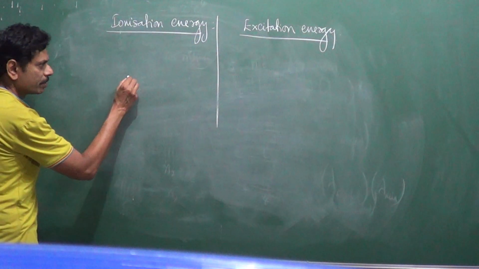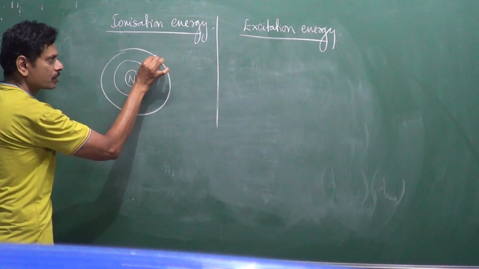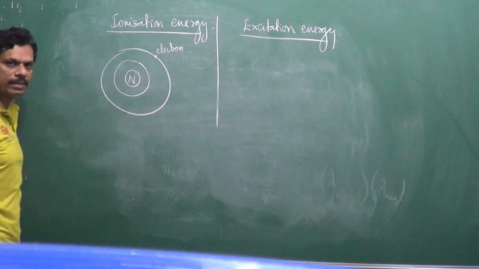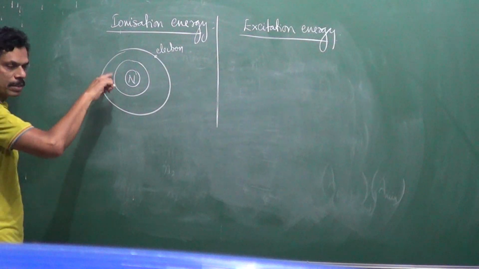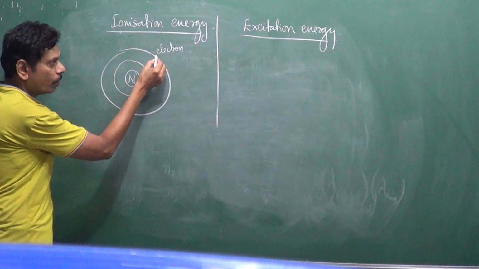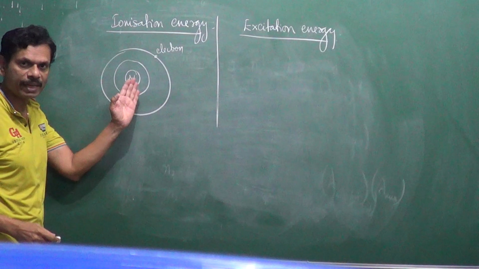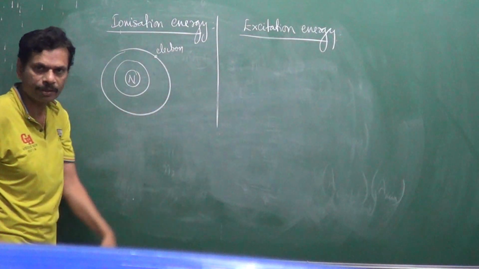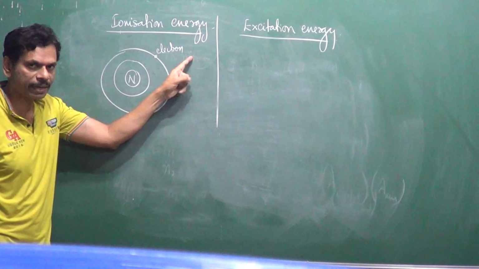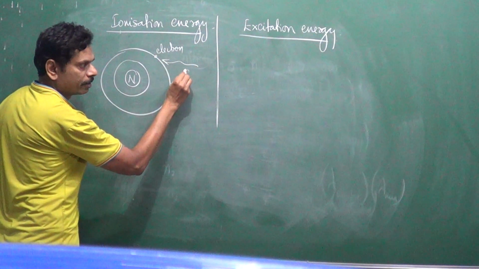Ionization energy means, this is a nucleus. Electron may be present in the outermost orbit. Electron is present here. Ionization, ionized. The atom must get ionized. It means this electron I am supposed to remove. If you want to remove this electron, I said the electron is in the bound state, because of that En is equal to minus mZ square e to the power of 4. That minus sign indicates that if you want to remove this electron, we have to supply energy. So we are going to supply the energy from outside.